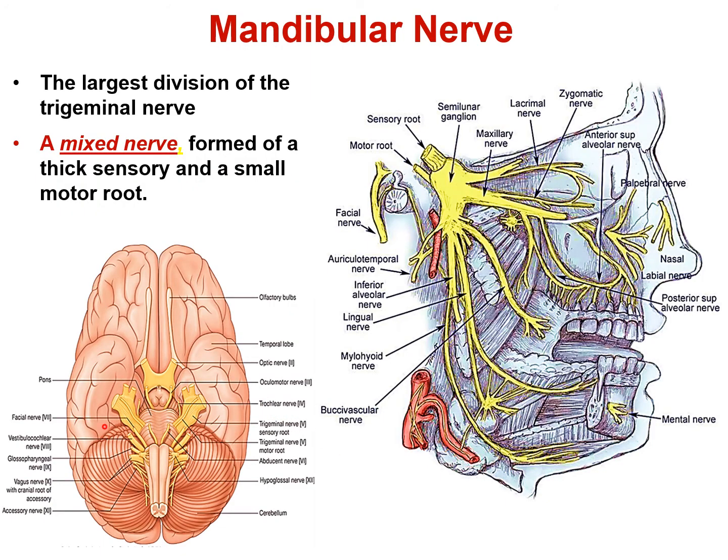Let us now discuss the mandibular nerve, which is the main nerve that supplies the muscles of the infratemporal region. The mandibular nerve is the largest division of the trigeminal nerve, having both a motor and a sensory root. The mandibular nerve begins in the middle cranial fossa and passes through the foramen ovale to enter the infratemporal fossa. So it has a thick sensory root and a thin motor root. Hence, the mandibular nerve is a mixed nerve.